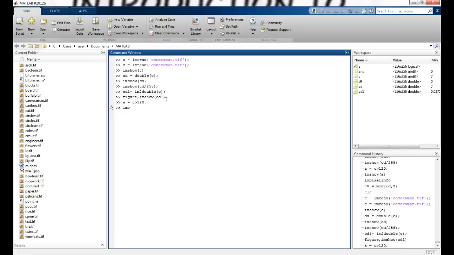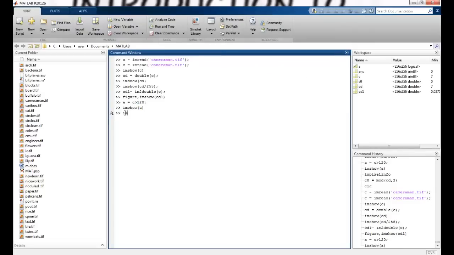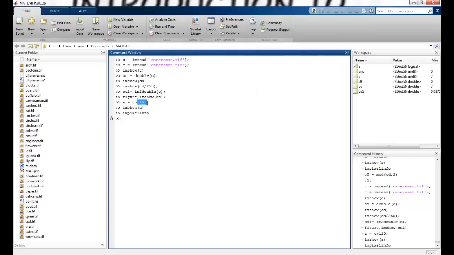So you can see imshow A, and I get an image like this. I can do impixelinfo, and you can see this is a 0 or 1. That's a binary image that I'm getting. So all the pixels which have value greater than 120 are stored as 1. The ones which are less than or equal to 120 are stored as a 0.